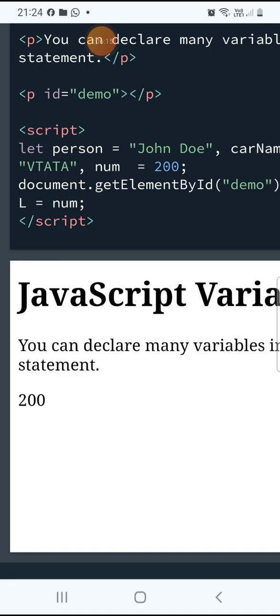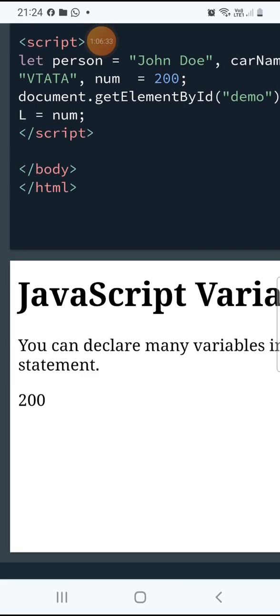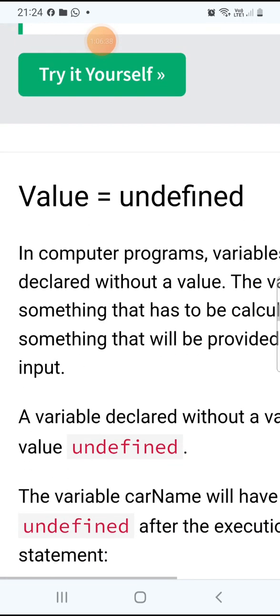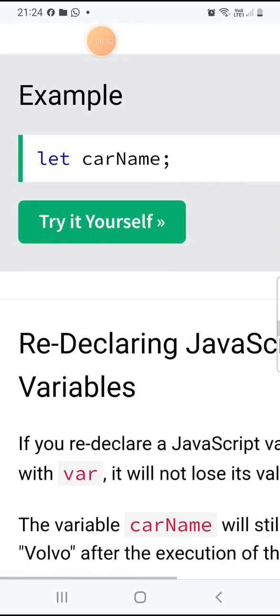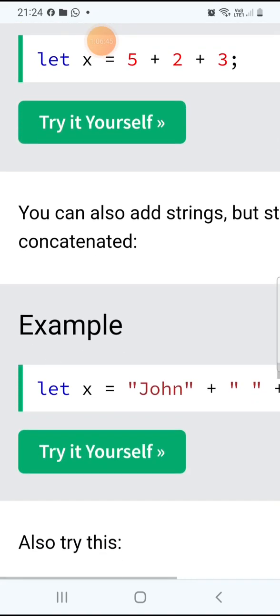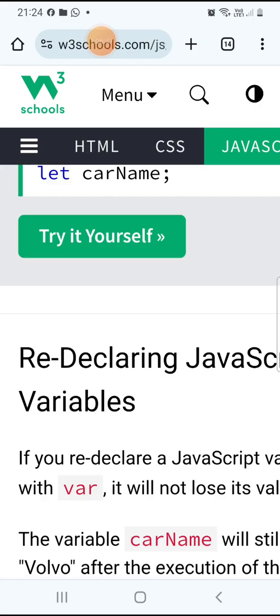Because whatever variables you declare, whenever you call that variable inside the dot innerHTML property, that value will be printed. We will get the output of that variable. So this is over. Now let us see value and is equal to undefined. We will study that in a later section. I have conducted a lengthy class, we will discuss it later. Okay, now